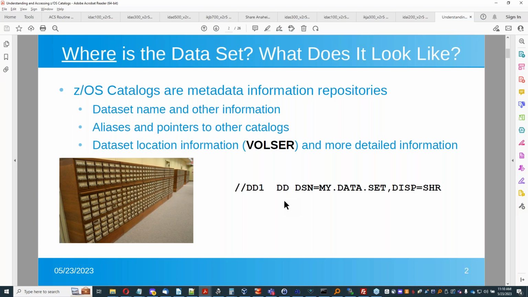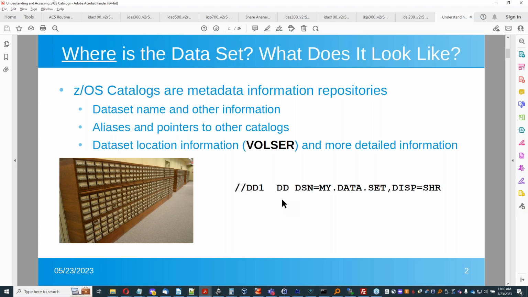SVC 26 is used to define clusters, to delete datasets, to alter information in the catalog, to add volumes or delete volumes in catalog entries. So there are really two sides to SVC 26. One is to retrieve information from the catalog, and the other is to actually create or update information in the